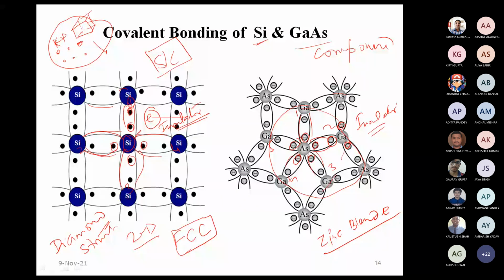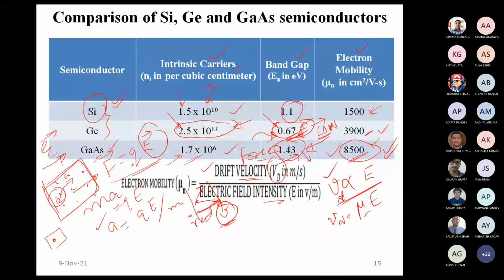Whereas in silicon, we can see all the silicon atoms are of equal size, and they are also of bigger size. The interatomic distance may be less between them. So due to these different reasons, we see electron mobility to be lower, but it is not that much lower. We can see it is around 6 times lower.